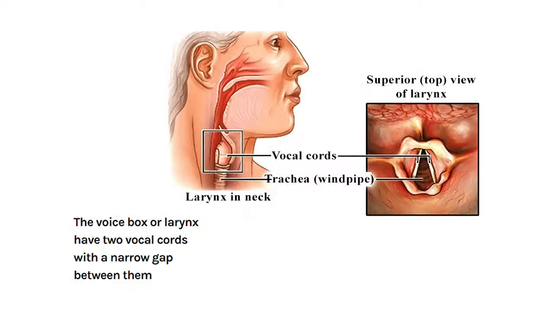Let us see how this larynx vibrates. The larynx or the voice box has two vocal cords. What are they? Two flap-like structures like this. Look at this, this is one part, and that's the other part. These two parts are called vocal cords. A cord-like structure, and because it produces sound, that's why we call it the vocal cord.